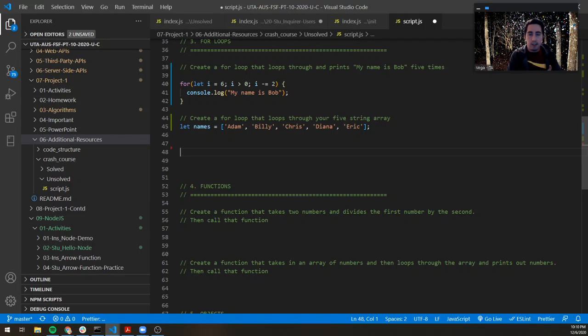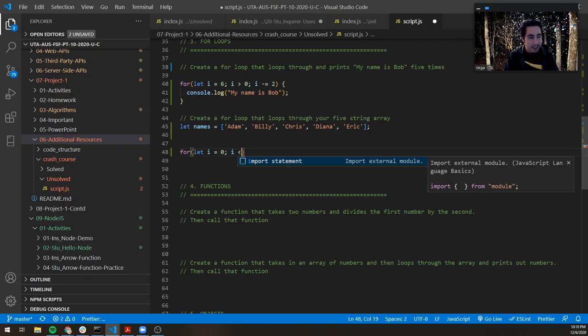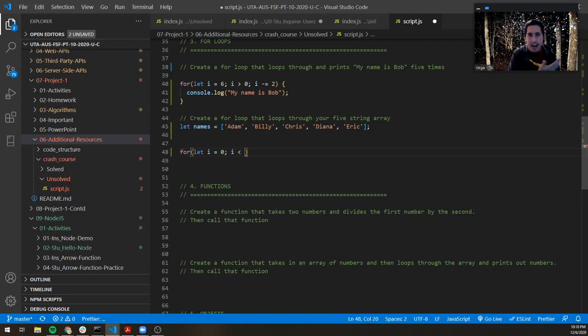So I have this array of strings, these names, and I could do this a couple ways. I could say for, again, let i equal 0. We're starting at the beginning. And again, we could call i anything we want, but i is usually short for index. It's convention. We use i. I need i to be less than. Now I could count my array. I have 5 items in my array, so I could say i is less than 5 if I wanted to,